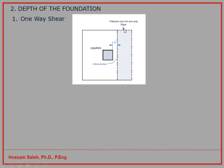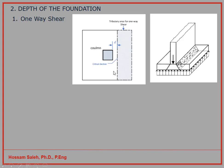So if I know this distance and I know already this width, and I multiply this area by the Q net factor, then I can calculate the acting force at the foundation. So if you have a wall, in this case, that will be the one-way shear along this line. That will be your critical shear section. If you calculate this stress here, how much the stress you have times this area, you can get the force